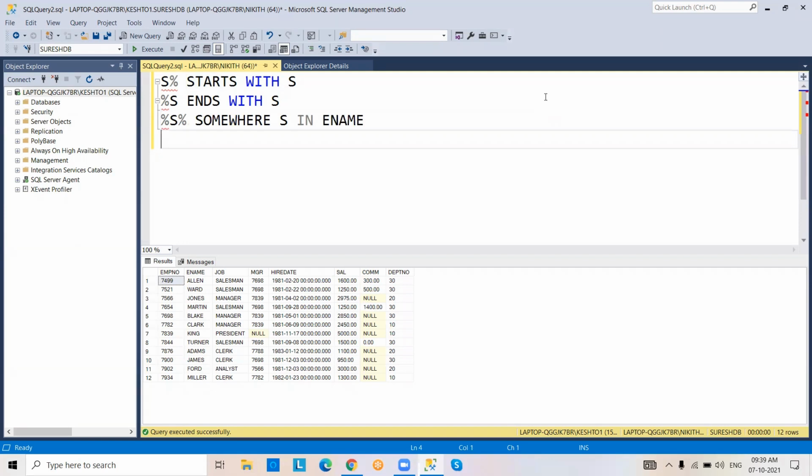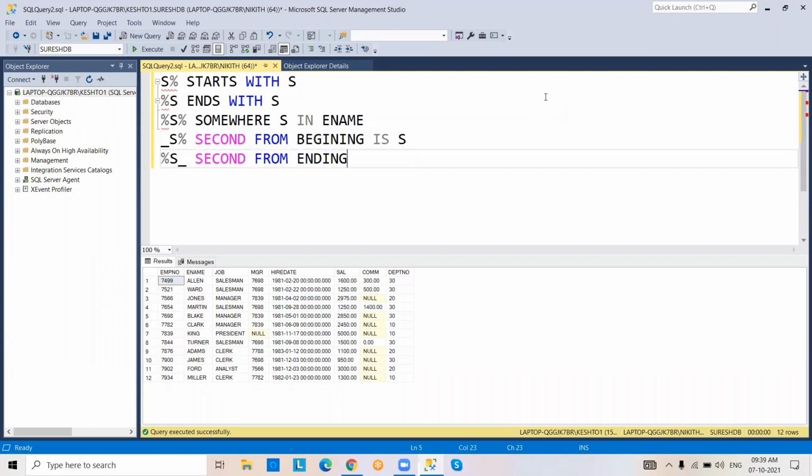Underscore S percentile means second from beginning is S. Percentile S underscore means second from ending is S. Underscore means there is some character. These are the limitations we need to remember when we are working with the LIKE operator. Is it clear or any doubts?